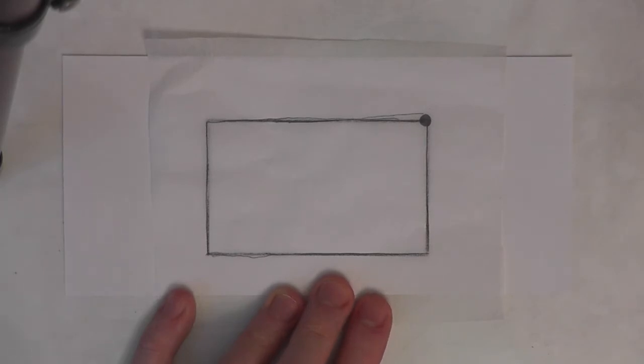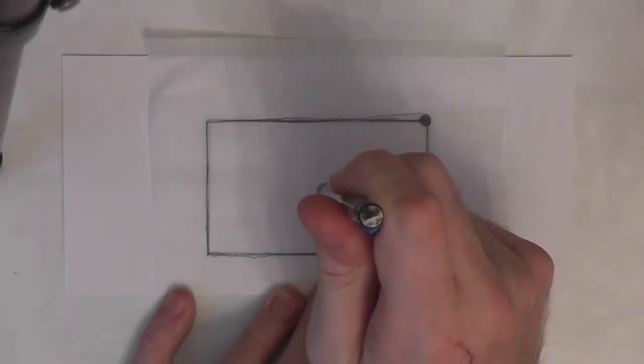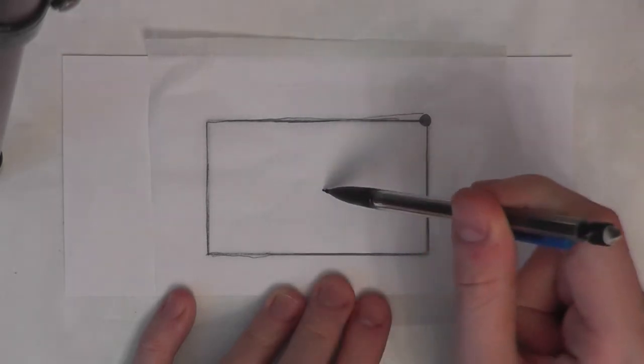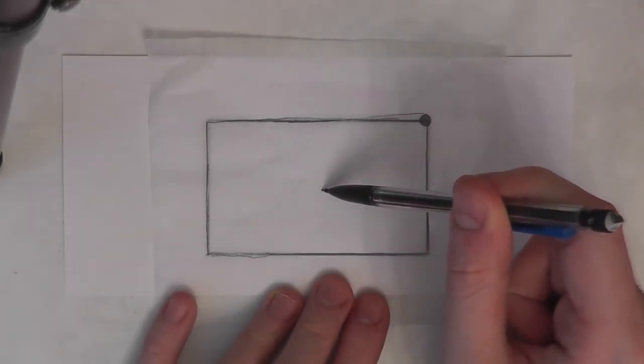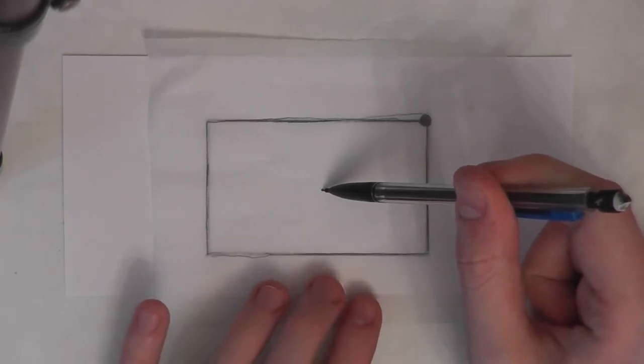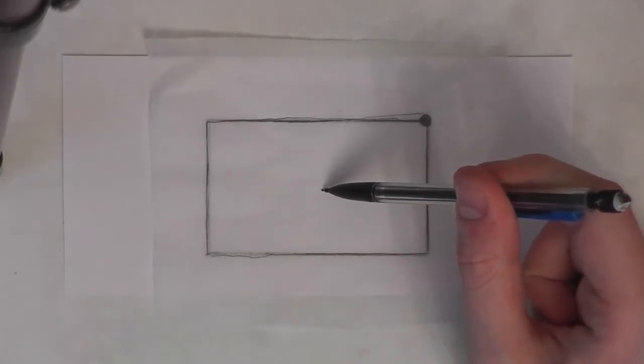So if you always mark the same corner in the same way, you'll always know when you're back to where you started. What I'm now going to do is get my pencil, and place it in the middle of the shape, over the top of the tracing paper. So I'm placing it there in the middle of the shape to make a pivot, effectively. And I am now going to rotate the tracing paper. Not the page, but the tracing paper. And I am going to count